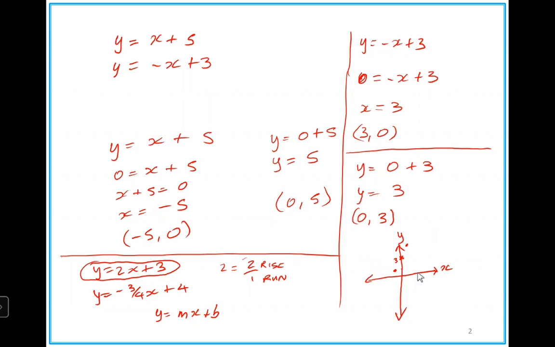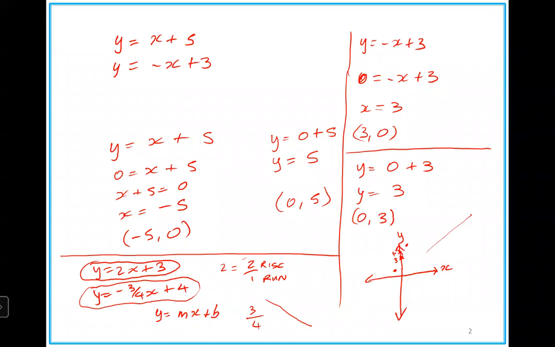All right. And then the second one here. This one says the y-intercept is 4. So you're going to mark 4 on your graph. And the slope is negative, which means the line is going to be going downwards instead of up, like this first one. The first one, the slope is positive, so it would be moving upward. When the slope is negative, you're going to be moving downwards. And so that 3 over 4